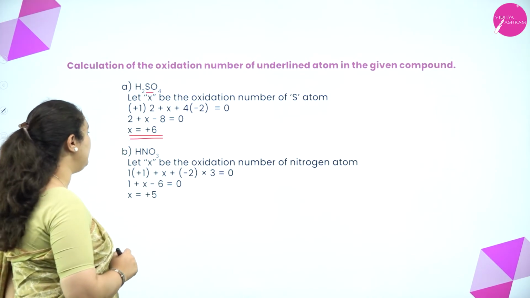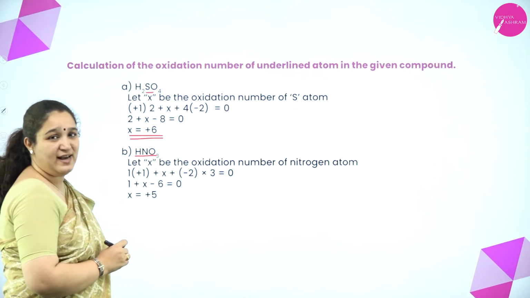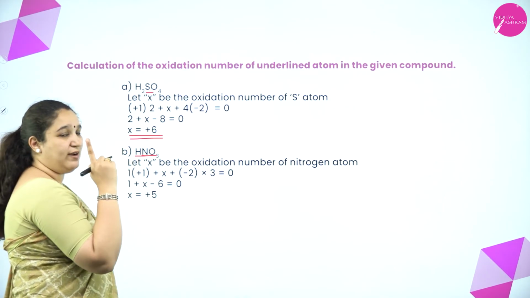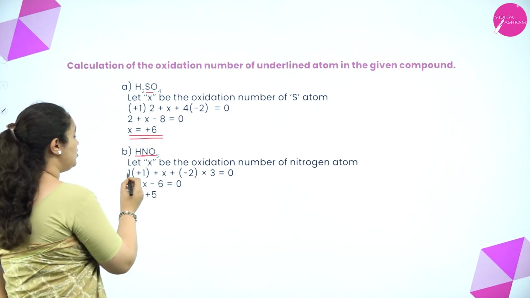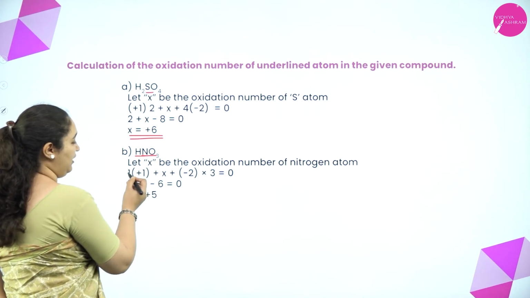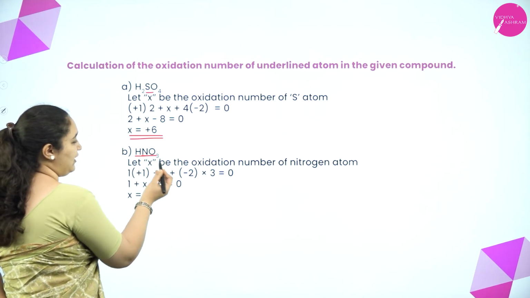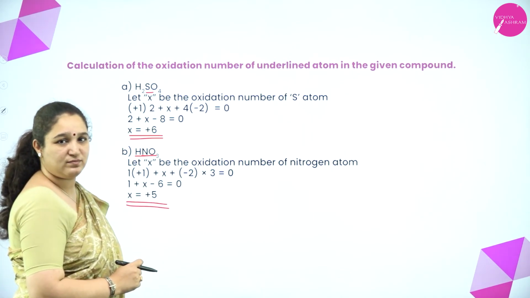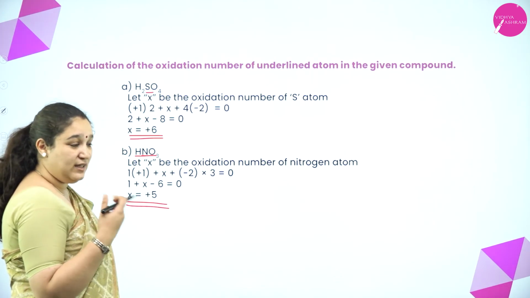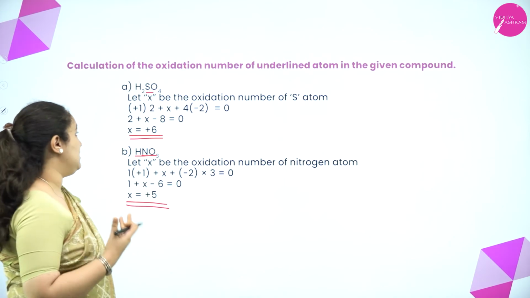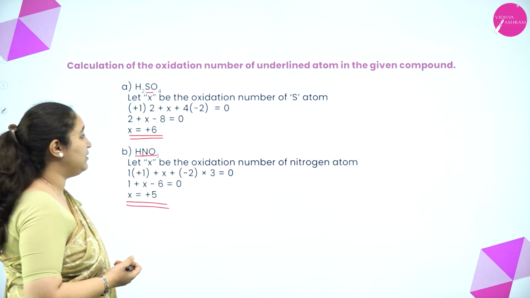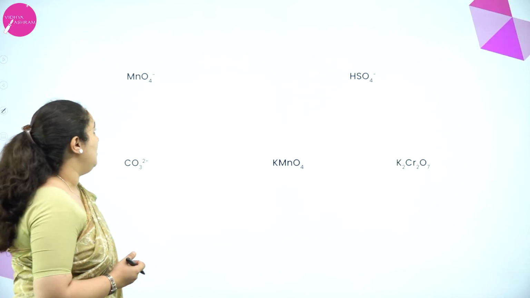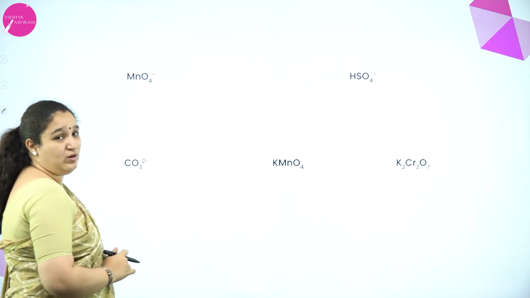Okay. Similarly, HNO3 we have. Nitric acid. HNO3. Nitrogen is the atom which is underlined. So, again I remember hydrogen +1, oxygen -2. So, +1 into only one hydrogen. So, into 1 plus X, nitrogen I have to find out. Next is oxygen, -2 into 3 is equal to 0. I'll get X is equal to +5. Okay. Some more we'll calculate till you get the gist of it. I shall do one more set of calculations of oxidation number. Now, you can try doing it on your own as I am doing on the board. Okay. So, here I have MnO4 minus.